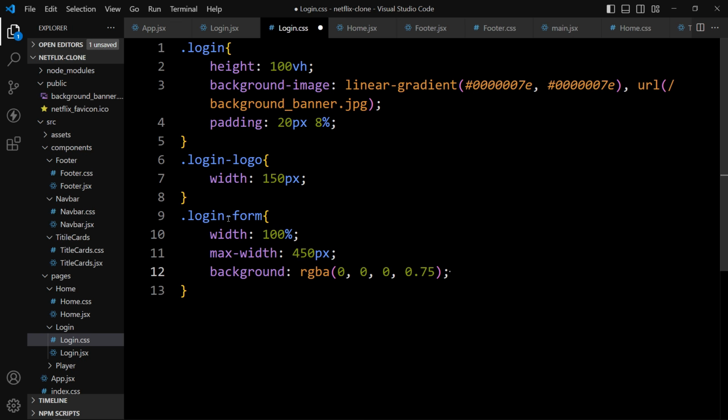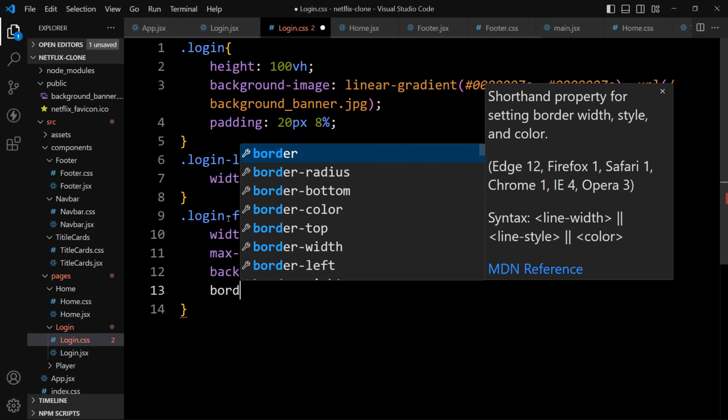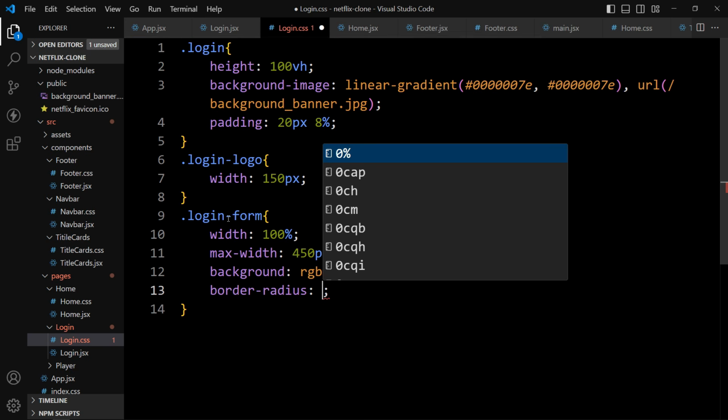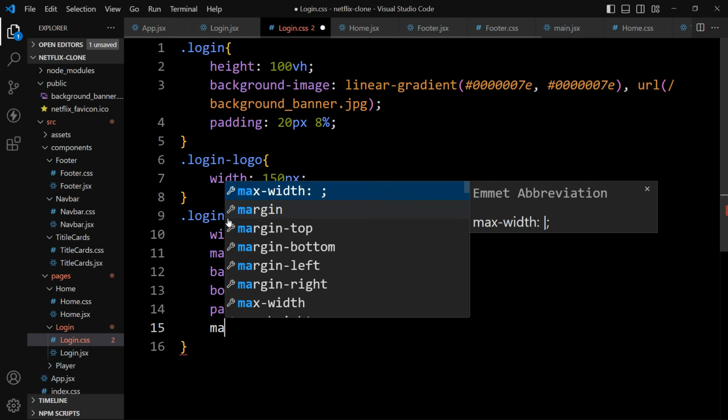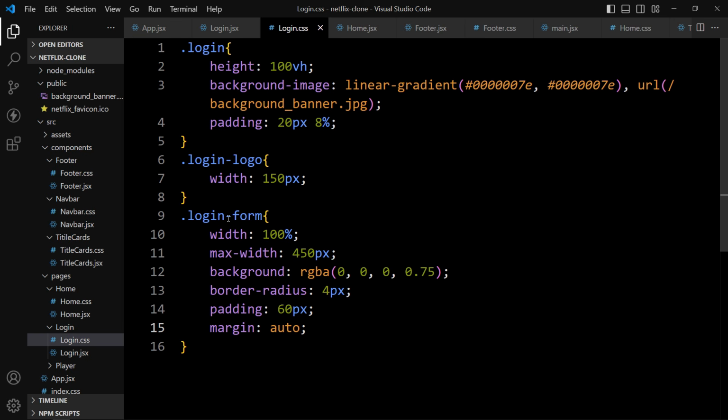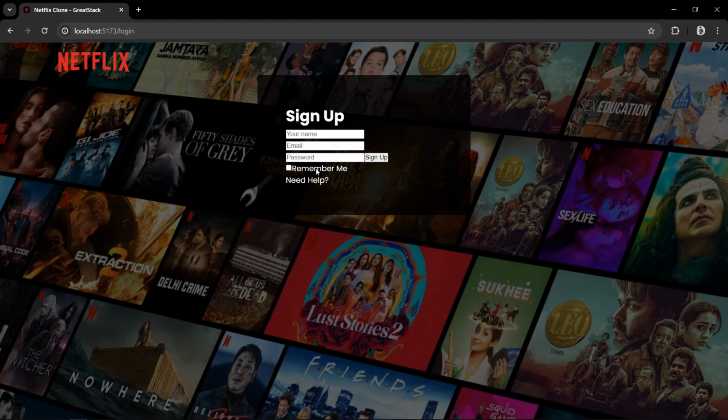It means black color with 0.75 opacity. Then we will add the border radius 4 pixel, and we will add the padding of 60 pixel. Then margin will be auto, so it will be horizontally centered. So you can see here we have this dark color for this login form or sign up form.